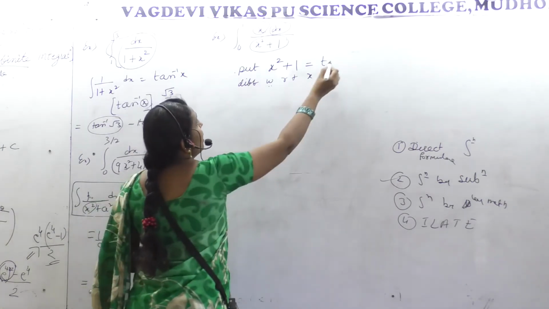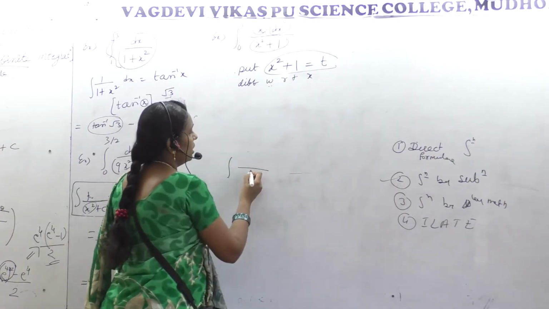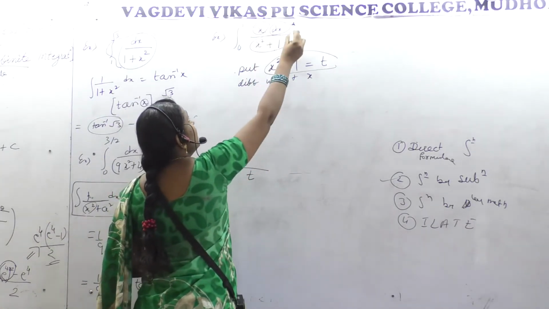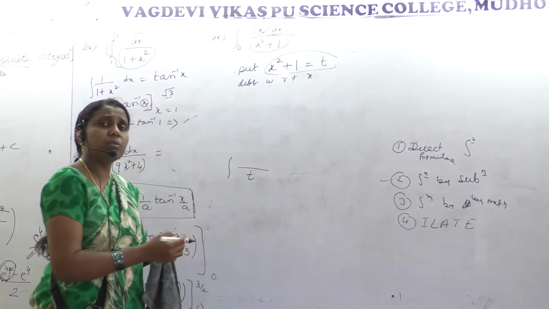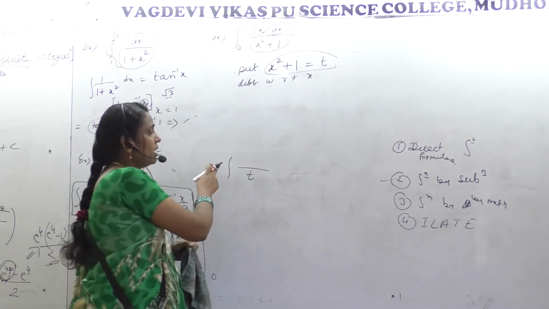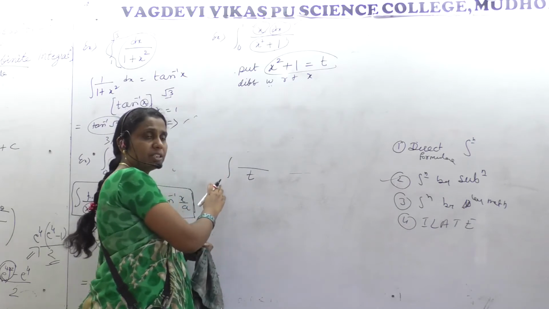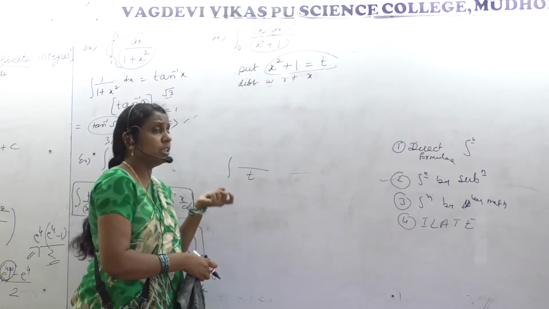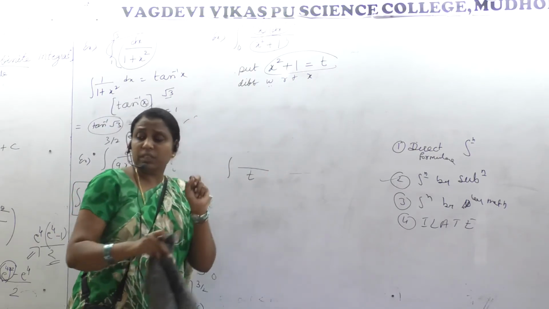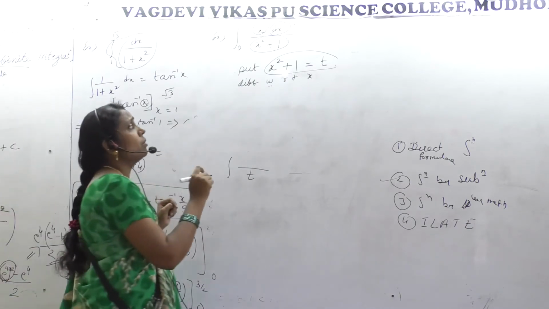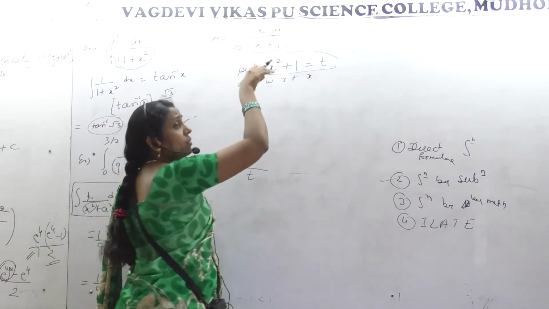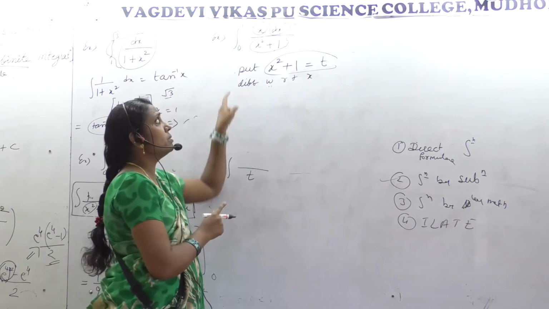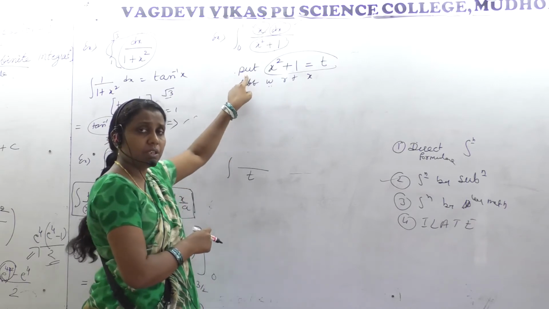What we have taken? x square plus 1 equal to t. So this is our t. Now what is left? This x and dx is left. Now that also should be put in which form? In t form, because we are making an integration function with new terms. Earlier it was with x, now it will be with the new term t. So each and everything should be in terms of t now. For the replacement of dx, you must differentiate. So that is the step in the substitution method.